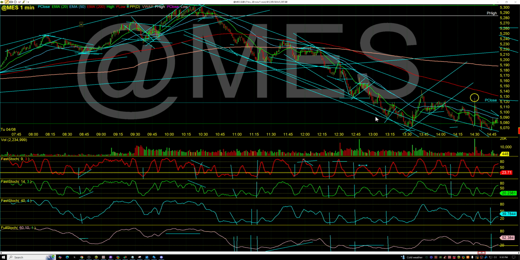Now, again, what is the criteria for an entry? If the only reason you're going to take a quad rotation, which everyone loves, and I tell people, be careful on a quad rotation, because in a downward market this could get you in a lot of trouble. You could be getting run over. The bounces are not going to be big. So the only time you're ever going to take a quad rotation is if you have a divergence with it or a trend line that comes from a 1, 2, 3 channel. So here's a trend line, here's a quad rotation. You have kind of an okay